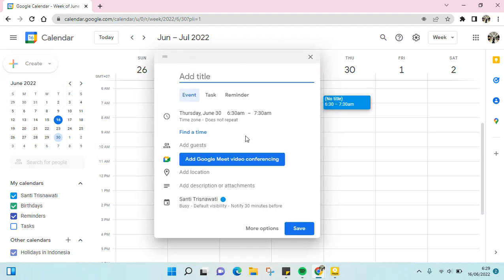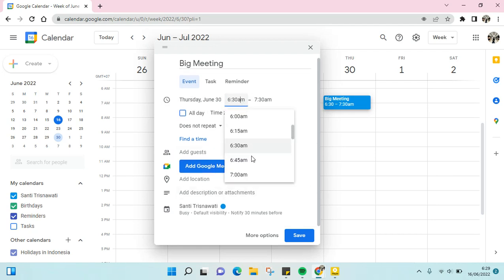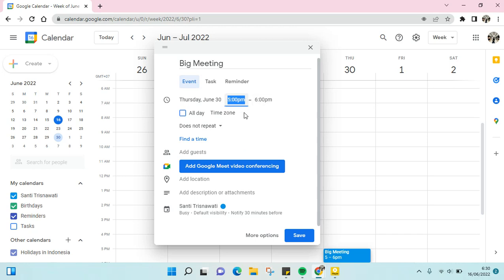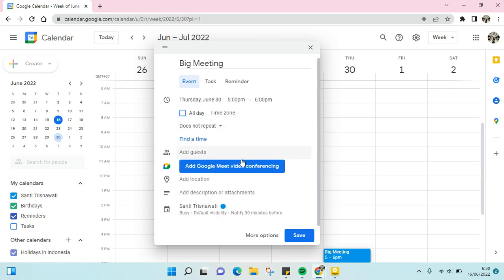And then here you can just add the title, the event title, for example, big meeting, and then set the time. I'm going to set it at, for example, 5 p.m. until 6 p.m. and then you can choose whether you want to repeat the schedule or not, and then click